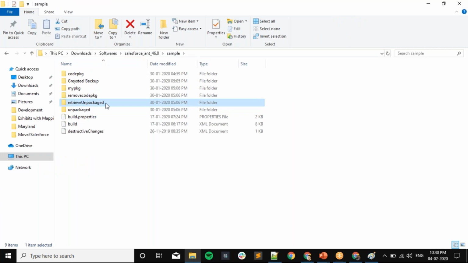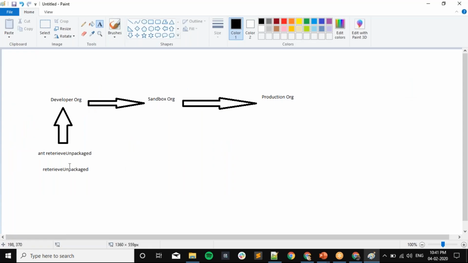So in this sample, it will be stored in this retrieveUnpackaged folder. Once you have retrieved all those components from this developer org, there will be a username and password for this. So by retrieving, you have to provide the username and password for this developer org.